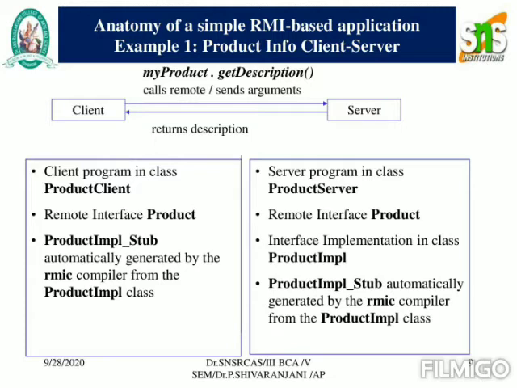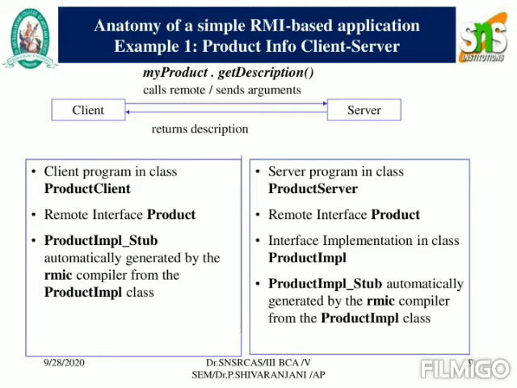The client will pass the particular request with the help of the stub, and the server will receive the request from the client with the help of the skeleton. Then it will search for the particular request in the database on the server side. If it is available, then the data or the output will be displayed to the client by the server. If it is not, then an exception will be thrown by the server.